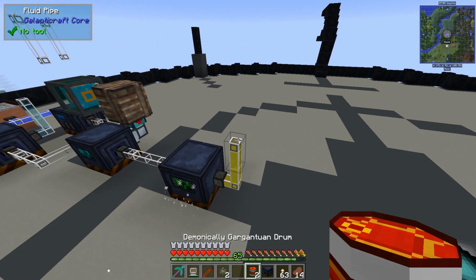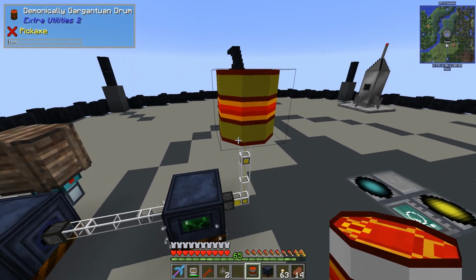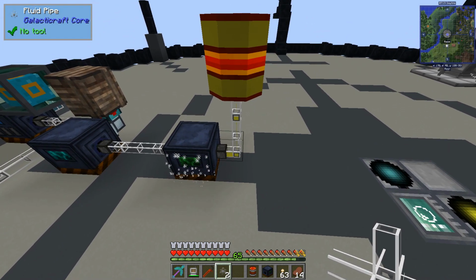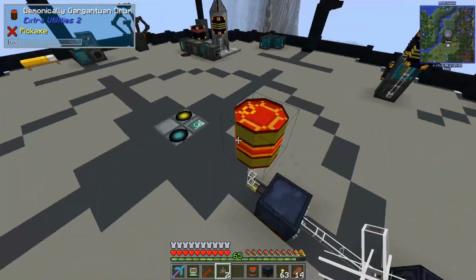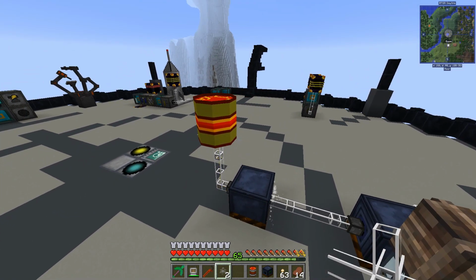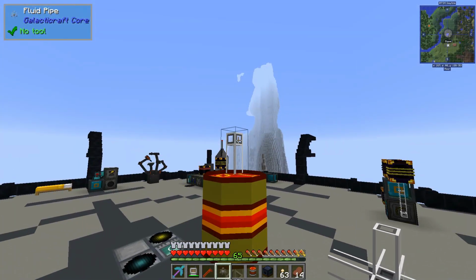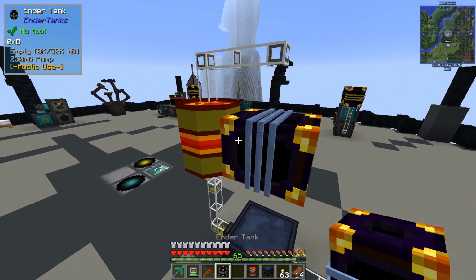And we're going to pipe this into a demonically gargantuan drum, so we have lots and lots of it. And let's pipe it out the... Oh, I was looking at this and thinking, why are you flashing? That's because it's doing just little tiny amounts. Let's come out... we can't come out the back, because as soon as we... we'll do this. One here, one there, and let's take one of these ender tanks and we'll put it right...